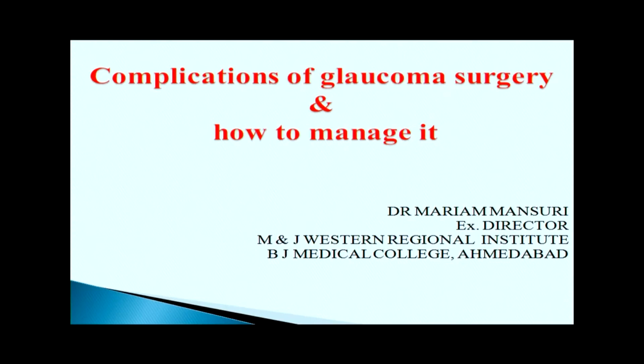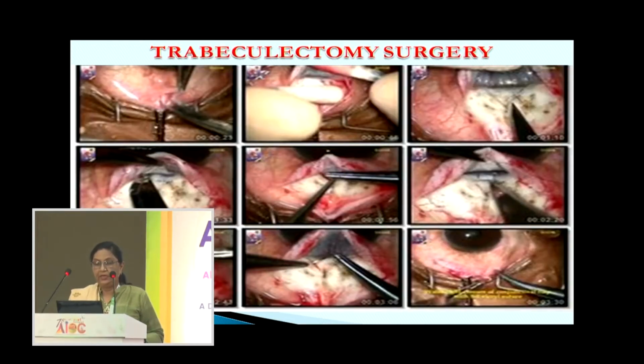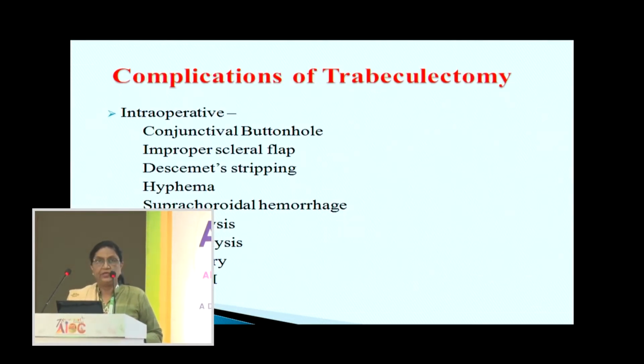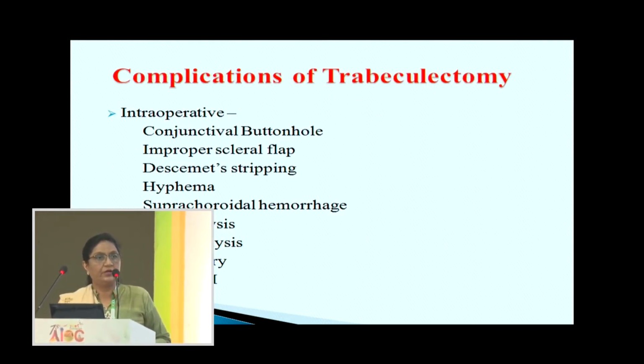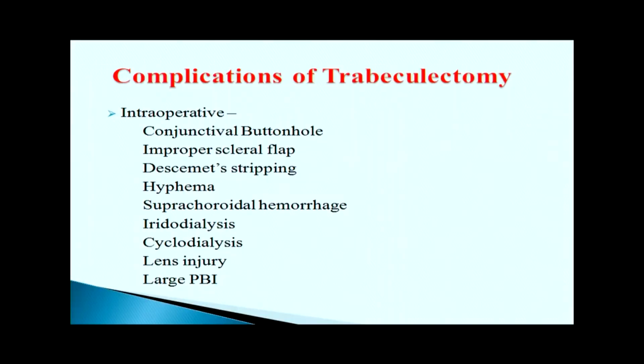I'm going to speak about the complications of glaucoma surgery and how to manage them. This is the trabeculectomy surgery. If we do a careful assessment of a patient for intraocular glaucoma surgeries, then there are fewer chances of complications and they are easier to manage. But complications are